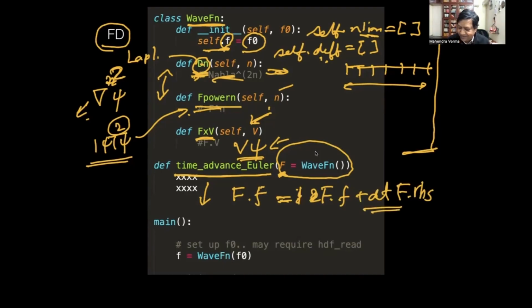Okay, so you understand what I'm doing? I should also define self.RHS. This will also be an array, and that is the right hand side of the Schrodinger equation. So this is an abstraction. It will be nice that, given my psi, I just ask this function to advance it till the end using the Euler method.